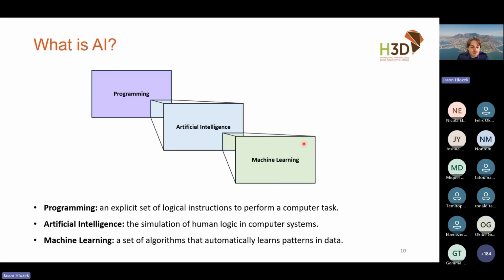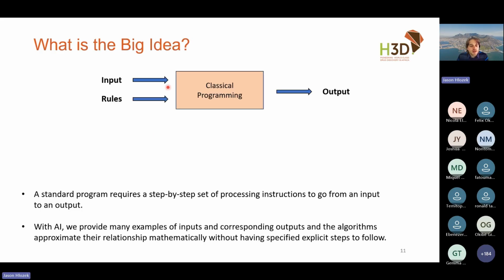And just to emphasize why machine learning and programming are different: with classical programming, what you normally have is some sort of input data that you're starting with and some rules, some processing steps, that you have to explicitly define upfront in painstaking detail, saying how to go about solving the problem you want to solve. And that will produce your output.